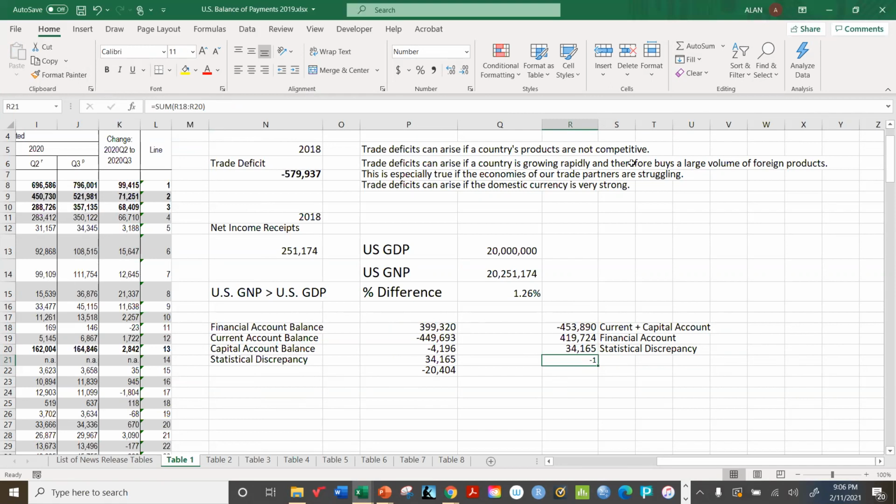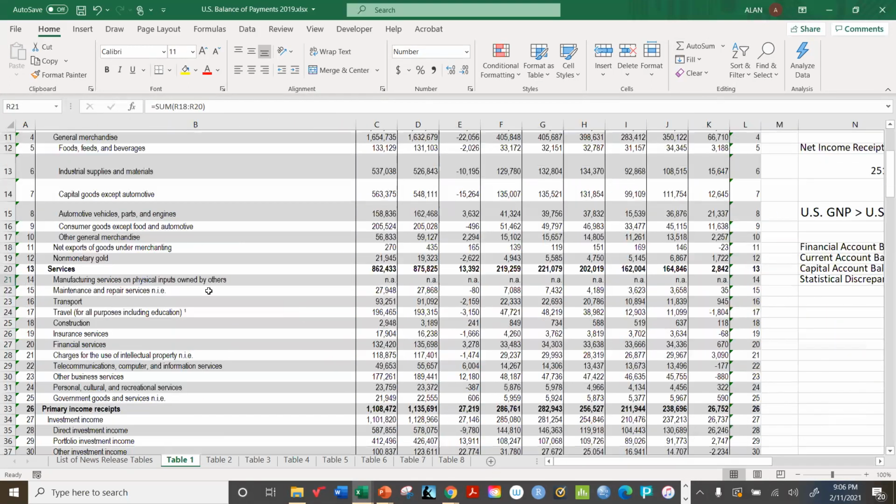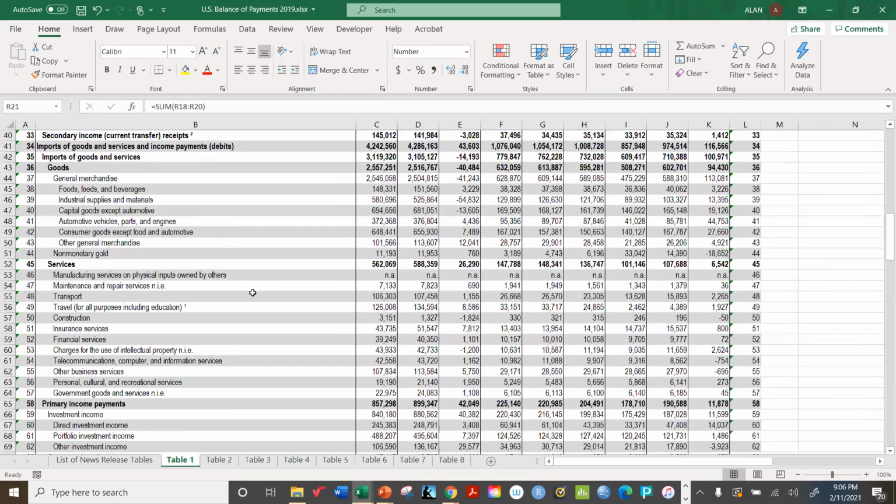And so these are deficits. This is a surplus, as we usually have. And this accounts for the gap between them. And so we end up with 0 as our sum. It's supposed to be 0, but there's some rounding going on there. So it's pretty clear. So somehow or other, they